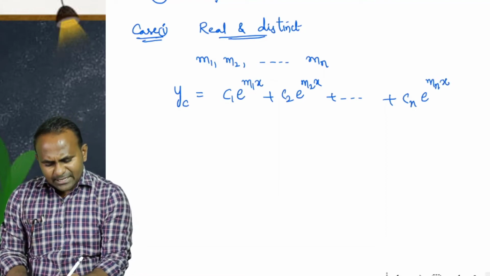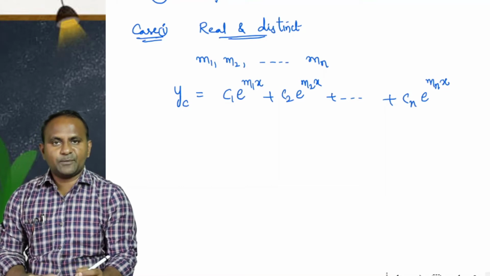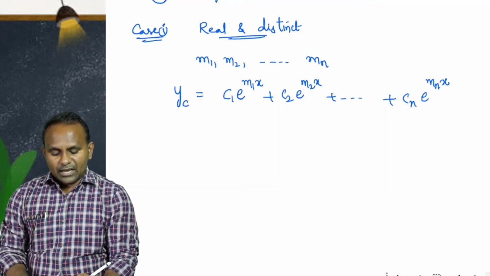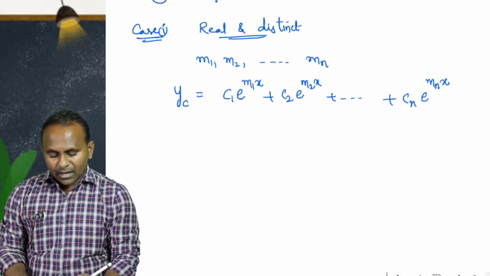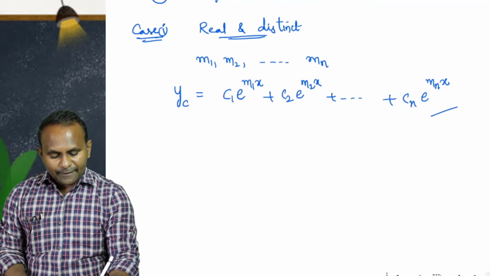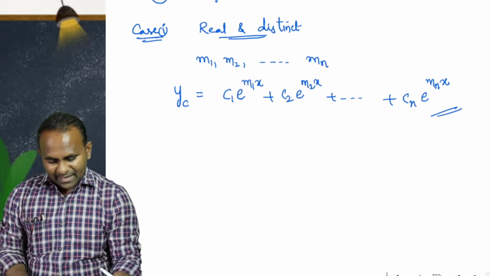So for each and every individual real number m1, m2 and so on mn, you are writing an exponential function. And this of course has n arbitrary constants. So this is how we can write the complementary function whenever the roots are m1, m2 and so on mn. Just for an example,